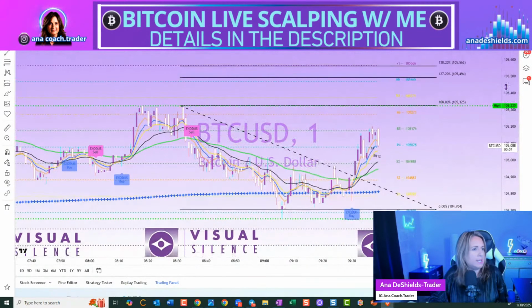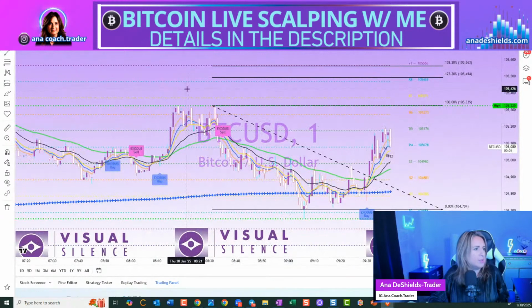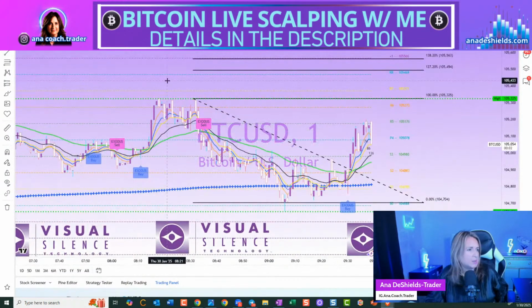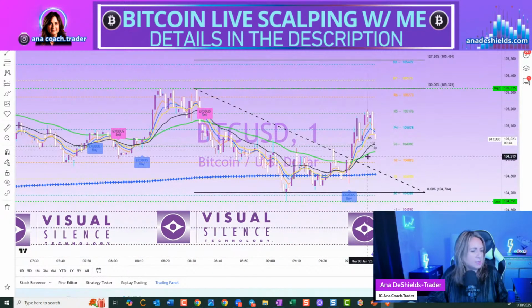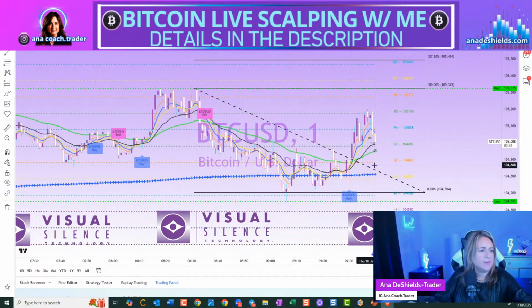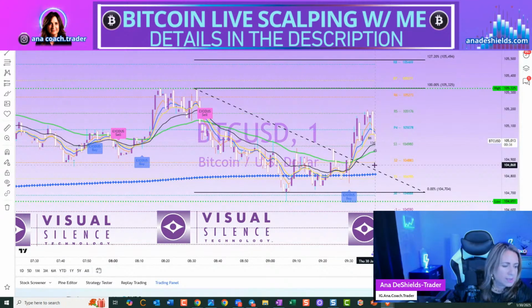Ideally, if she has nice strength and she's going with the trend, coming up into these levels would be the next zone. We haven't had a chance to look at it because we just got on. Now, if you remember on the 1 hour, here's that hard pullback. Some may be exiting, some may be still holding. We'll see how she reacts in these levels here to see if she'll continue to sell on down.